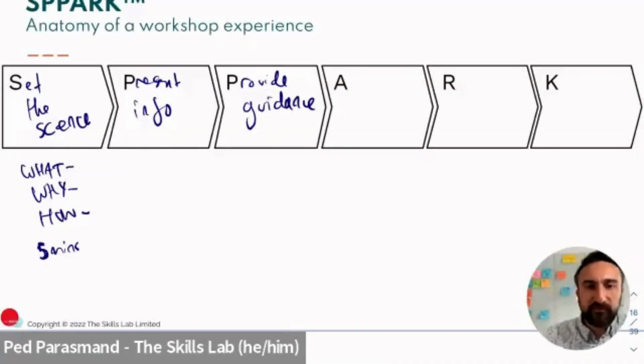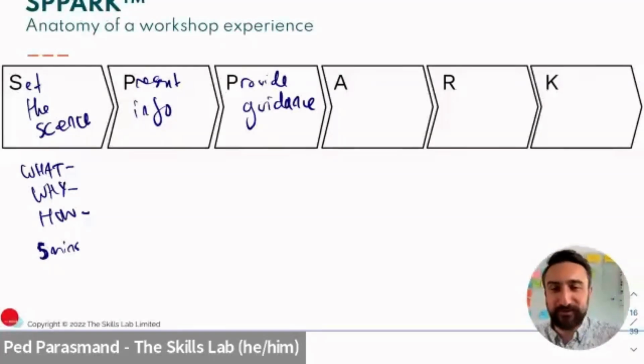Here is where you're providing clear instructions and telling people how long they have for a task. I've done this so many times in the past where I go, blah, blah, blah, go and do this. And then the people get on with it, and I forgot to tell them that they've got 10 minutes, and they're still getting settled in or whatever, right? Now, this is also where you check if people have any questions before they do the activity, and make sure you build some time up for this.